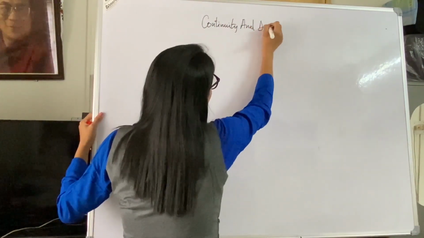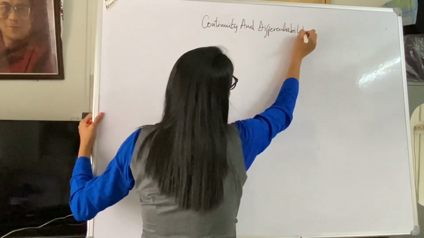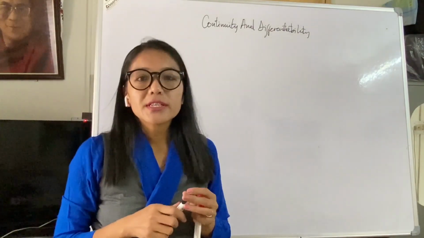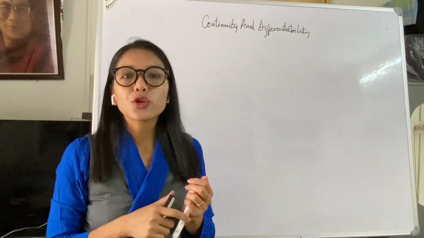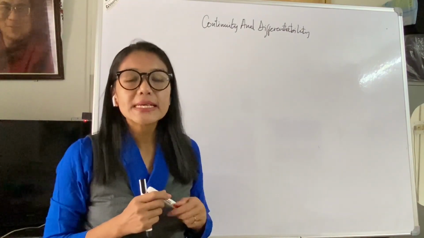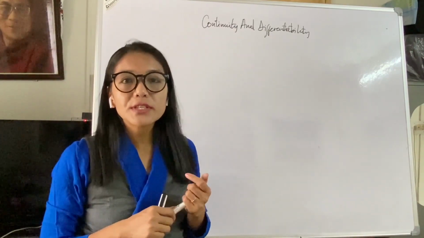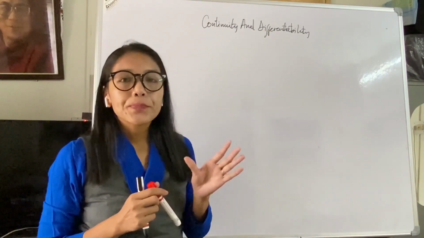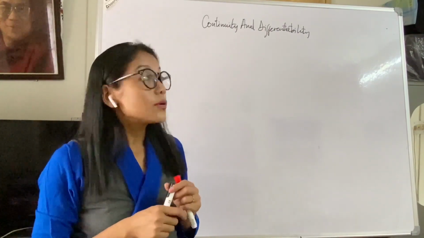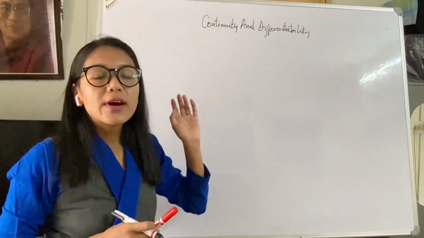We were doing this chapter continuity and differentiability. Okay, and from this chapter we had completed the topic of continuity, that is how we can check the continuity of a function at a point. And after that we had also discussed how we can find the derivative of a function using the chain rule. Okay, so now here in this topic differentiability, you will be asked to find the derivatives